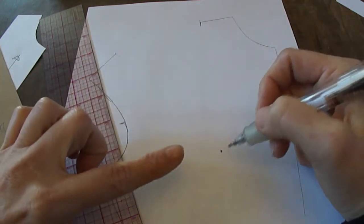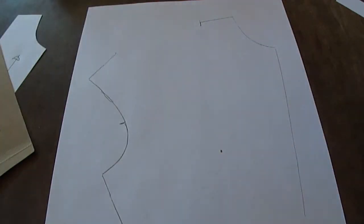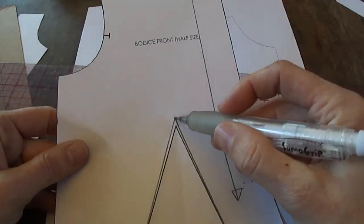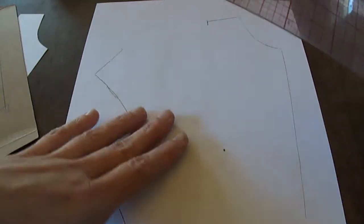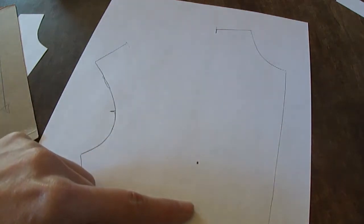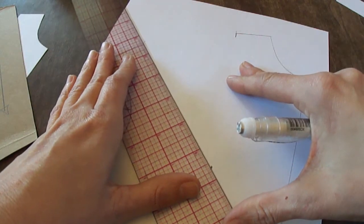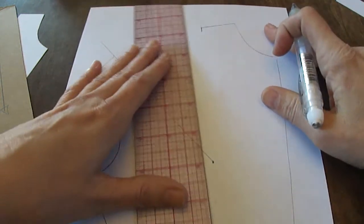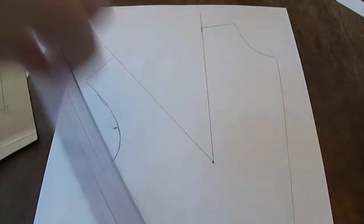But again, maybe we don't want our dart pointing right to the largest part of the bust. So just like we talked about initially, how this original pattern, remember, was dropped slightly from the original apex. Let's drop it. And in this case, we're not really gonna drop it down because our dart is up here. We're gonna drop it up. So I could either draw my legs first and then move it, or I could move it and then draw my legs. Maybe I'll just draw my dart legs really lightly right now, from that point,